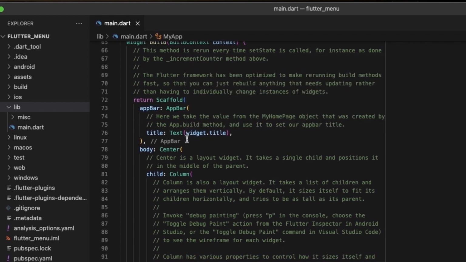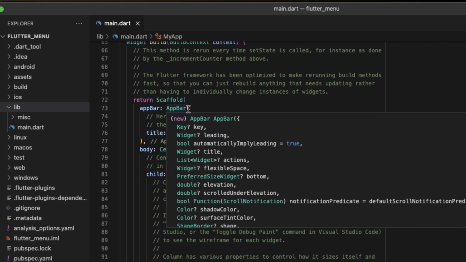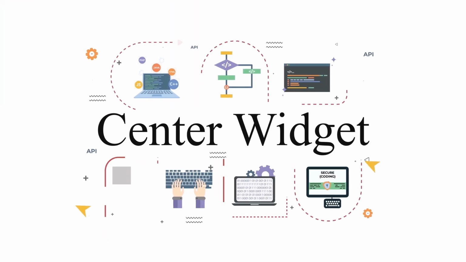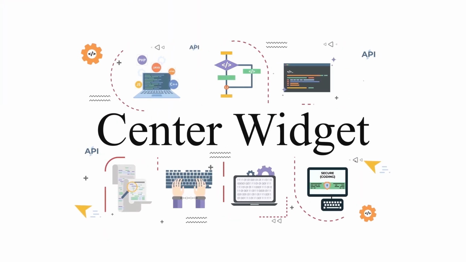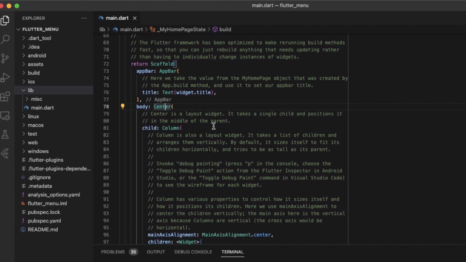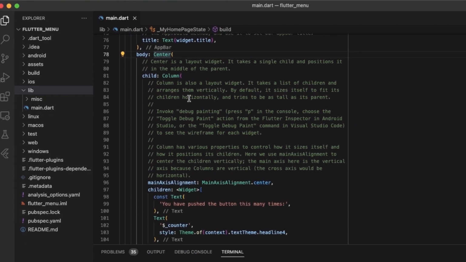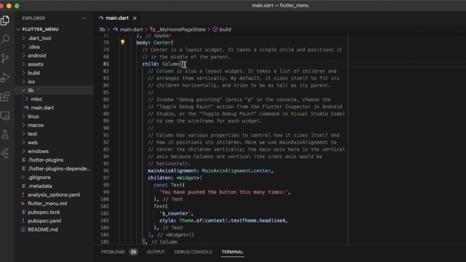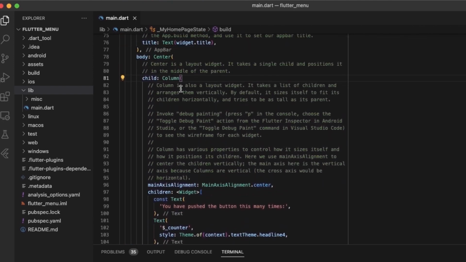And this is the second important property that I came across, that is scaffold. The third one is the center. The center, again, you will find that you have to use at many places, and here you can see that the center has a property child, and I think that is the only property that has been used here. So center is basically to